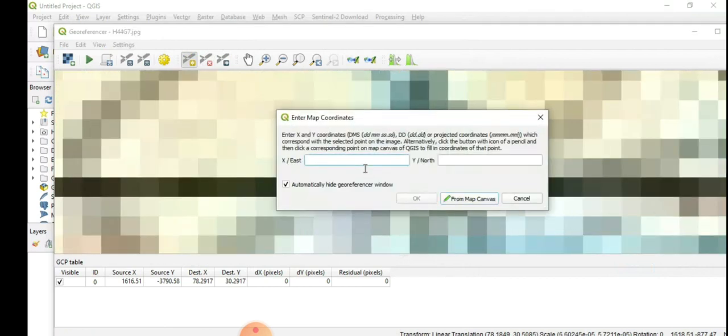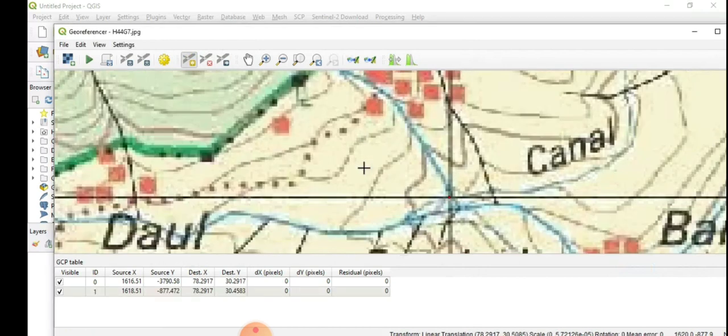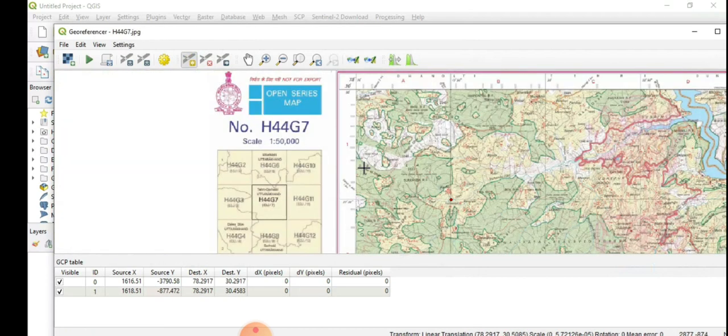Again a window appears. Now the coordinate will be 78, 17, 30. You can zoom out and check, but I already know the coordinates, so I am not zooming out and checking again, but you should do it. So enter. Then again I will enter the third point.